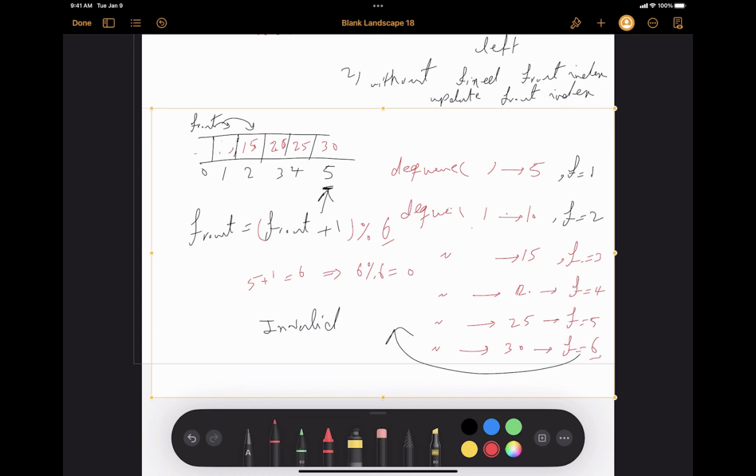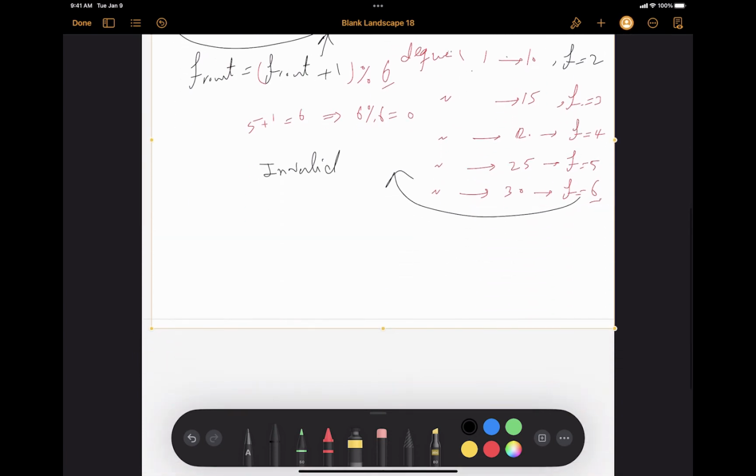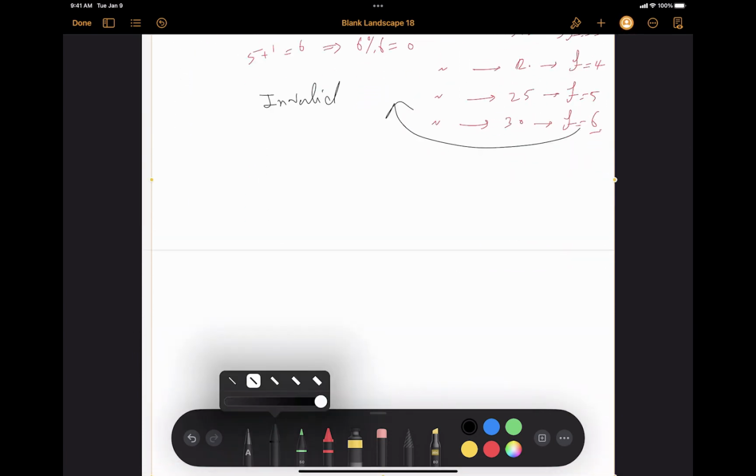So the front index will go back to the very beginning of the queue, and that's going to fix the problem of wasting memory or not being able to insert into the queue any longer. So just to summarize and write the code together, here is the class again,